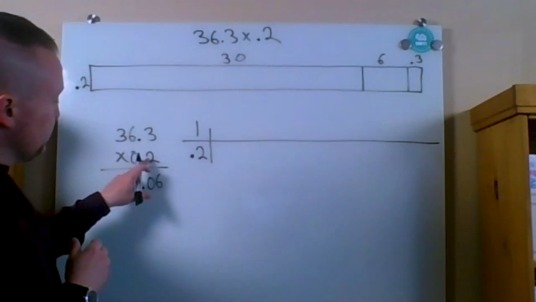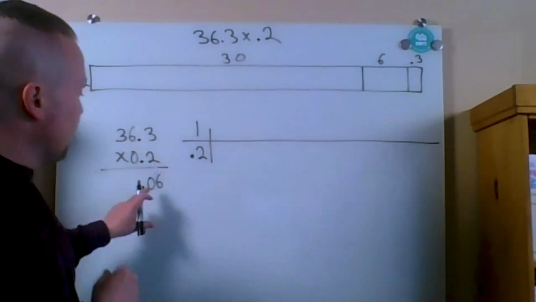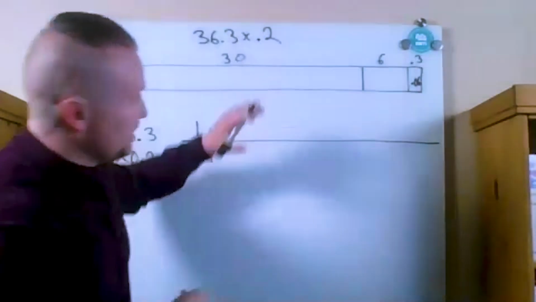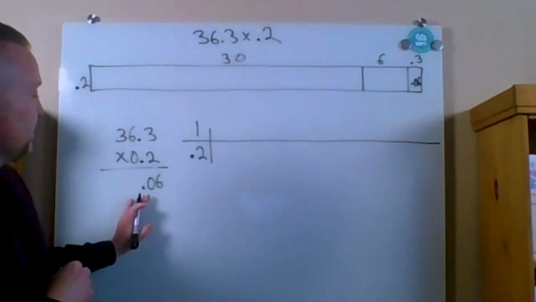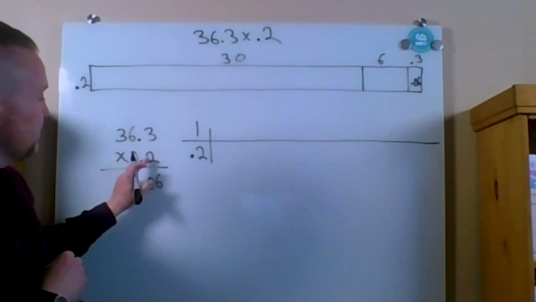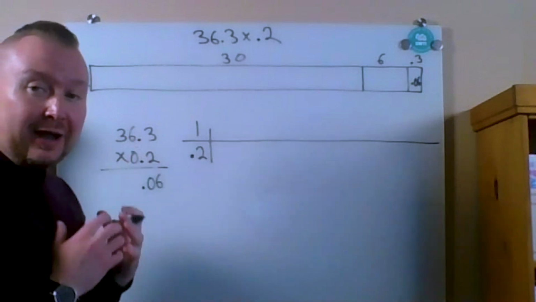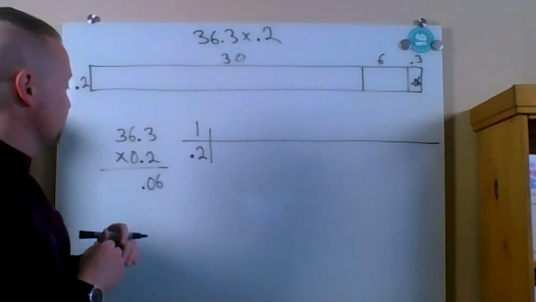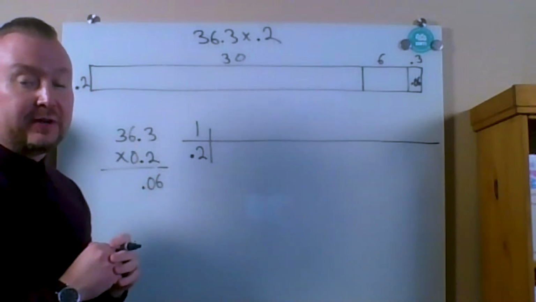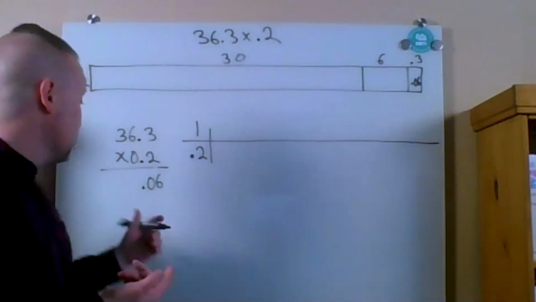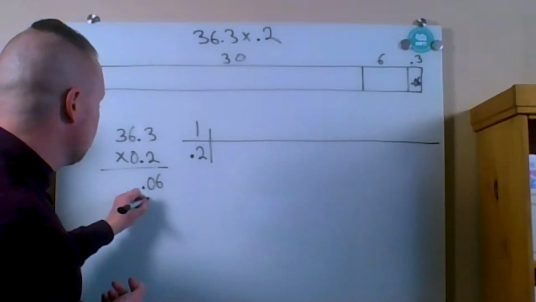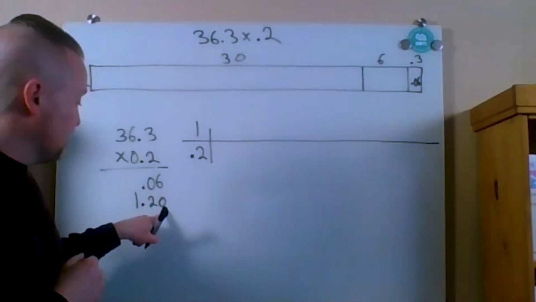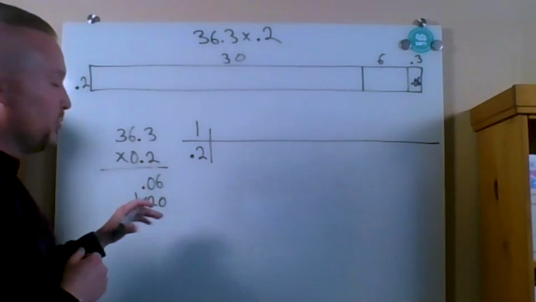Then I'm going to move over to the 2 times 6. Actually, I put this section right here in the area model. Forgot about that. So now let's come back here. Now we're going to multiply the 6 by 2/10. So I know that 2 times 6 is 12. So 2/10 times 6 is going to decrease by a place value to be 12/10. And the way we write 12/10 is that we have 1 and 2/10. And then I'm just going to put that 0 digit just to keep everything consistent with all the place values